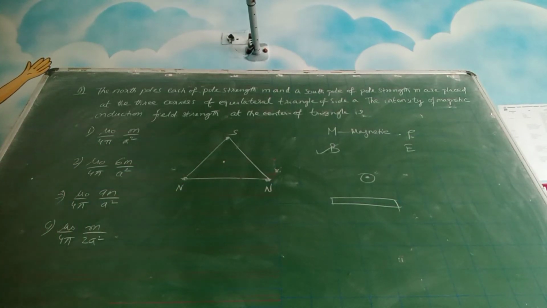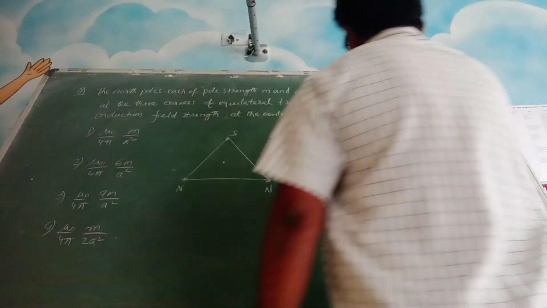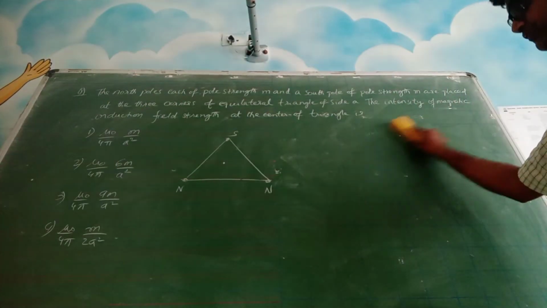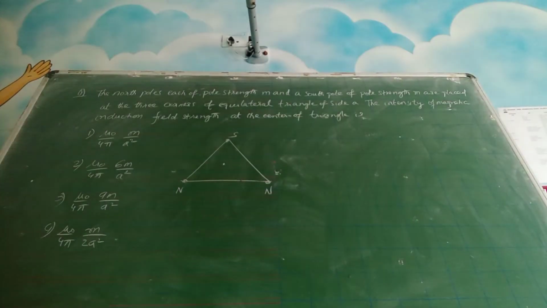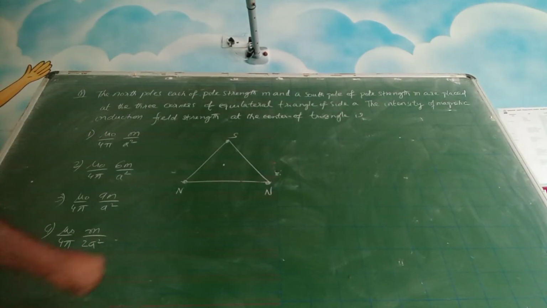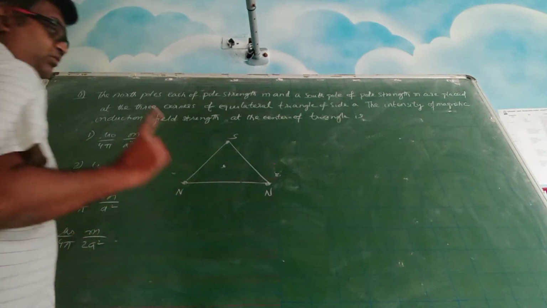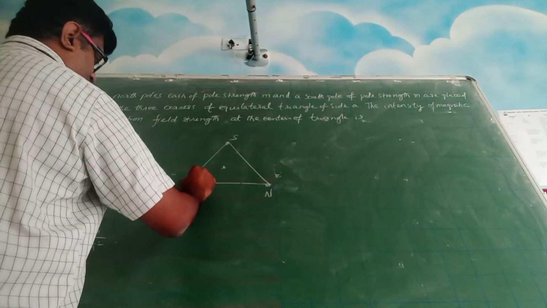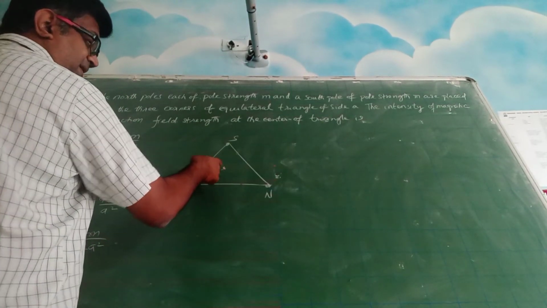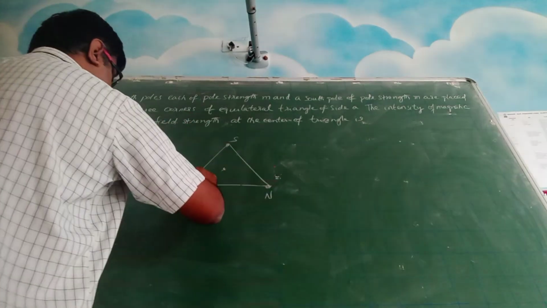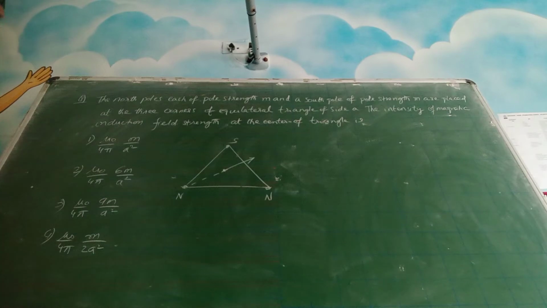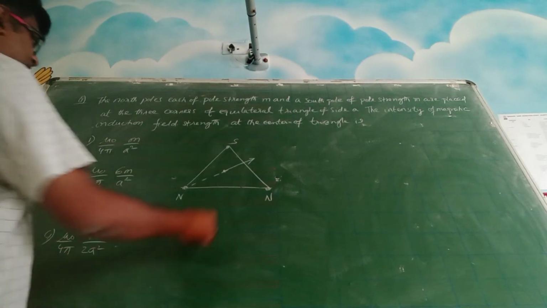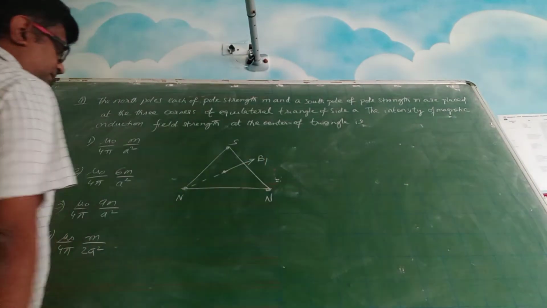It's an easy question. This type of questions you have done in electrostatics, finding electric field. Here you are finding the magnetic field. So what is the procedure? At this center you imagine one unit north pole. So this north pole will be having a repulsion. Let us say this is my B1.